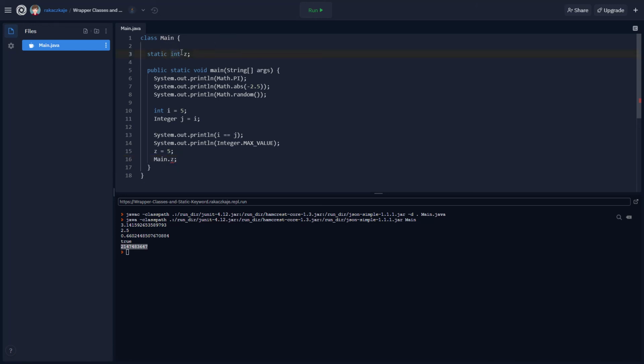Now if we wanted to make it so that it couldn't ever be changed, we can do static final int here. And I'm just going to go ahead and say that this is public. And then when we use that final, we have to set it right away. So we're going to set it to 5. And that's the idea behind the static final and the static that I mentioned before. So make sure that if you use that final keyword that you are setting it when you're declaring that variable, or else it's just going to be instantiated to the default value and you're not ever going to be able to change it. So that's the basic idea of how we use static values and methods